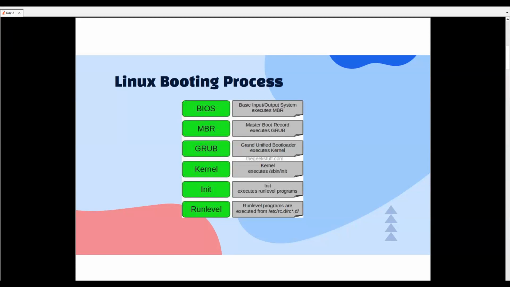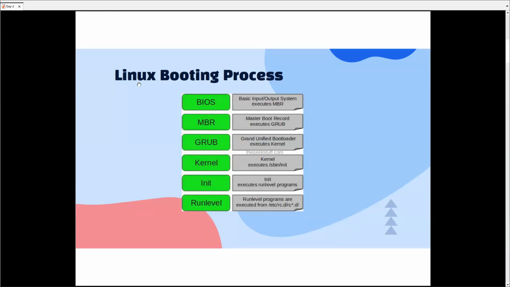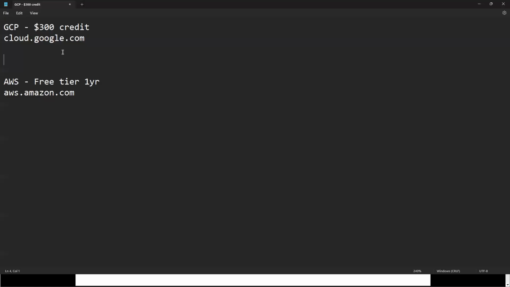So the first thing we'll be seeing, we'll go into the syllabus part. Okay. Sorry, I'm not sharing the whole screen. So I guess now you can see my notes as well, right?